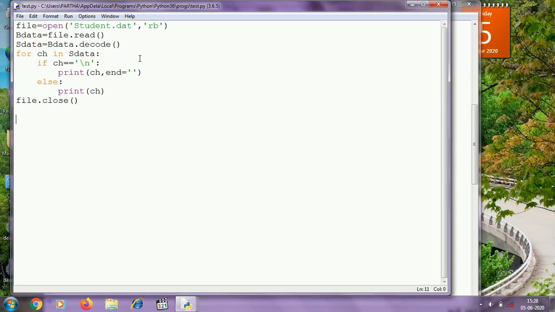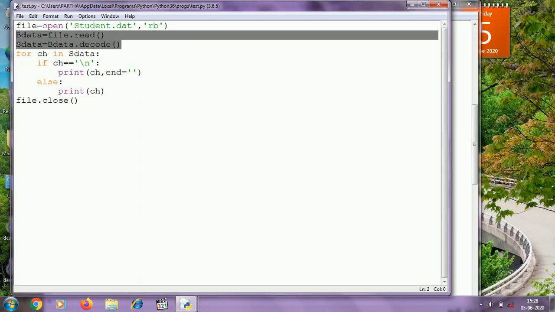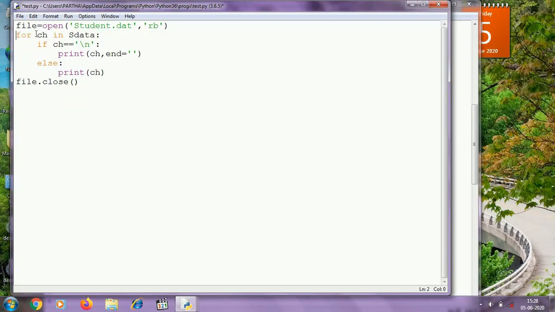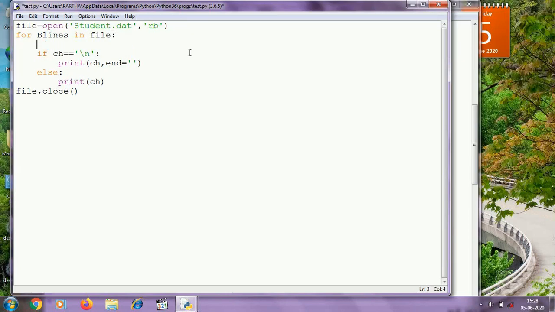Now I shall show you how to fetch characters using file object. So I need to iterate over the file object, for b lines in file. As we know that if we iterate over the file object, it will return the lines from the file, and here the lines are binary lines.